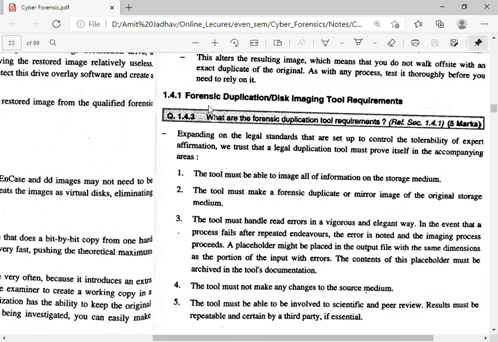The contents of the placeholder must be documented in the tool's documentation. So the tool is used to read and write in the disk, and it will proceed, and whenever it finds an error, it puts that error in a placeholder. Whenever the reading process completes, after that it can read the placeholder data and recover the files that were deleted when the attack was done.